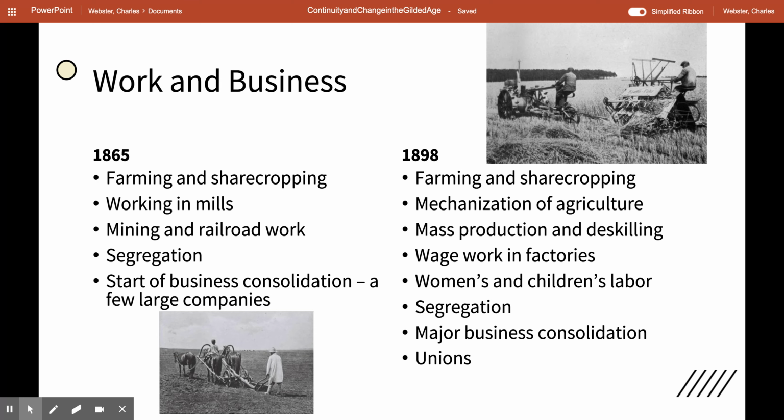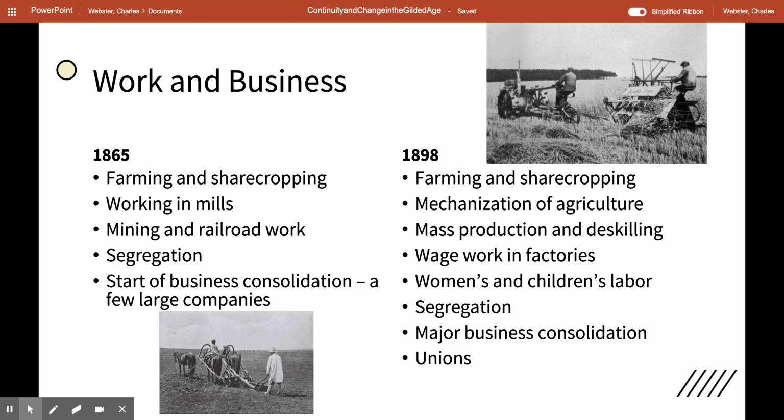And in response, many workers began to organize labor unions, but they had pretty limited success, at least during this time period. So overall, I would say that industrialization led to some pretty major changes in the world of work, although work generally remained segregated and the process of transitioning from farms to factories wasn't entirely complete by the end